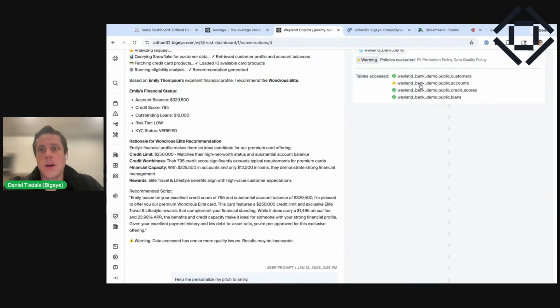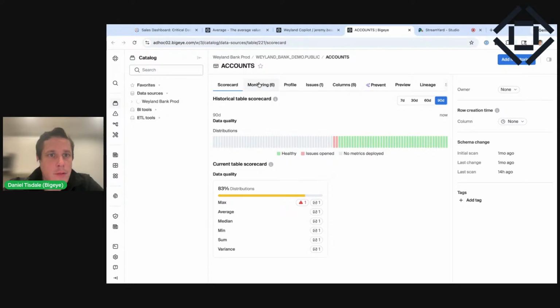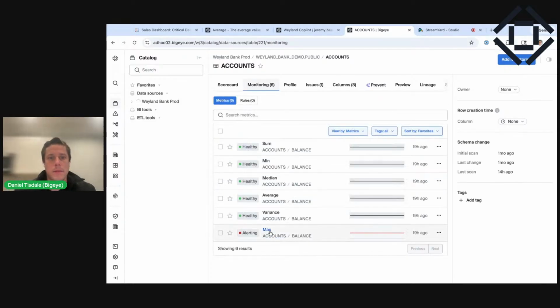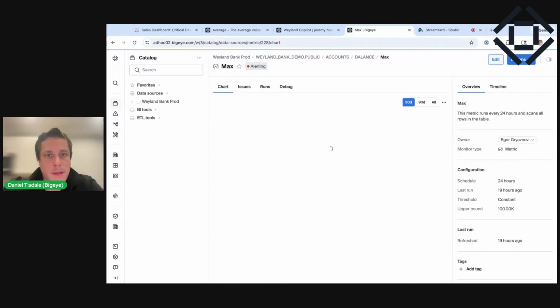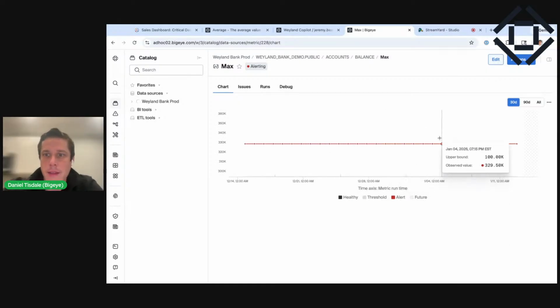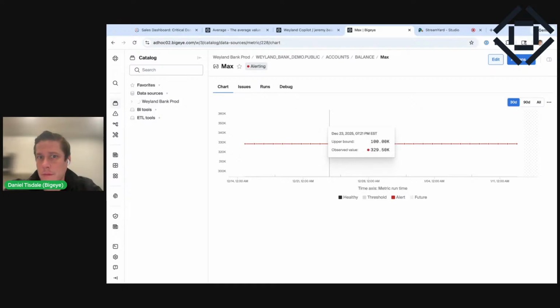Now, what I can do is click on that specific table there that we have a warning on. That's the accounts table. And what I am noticing is that one of those metrics, the max metric, is set up. And what that is saying is, hey, this user's balance, the value that we're seeing is much higher than what we would consider the absolute max that they had historically had in their bank account. So it's showing they've got around $330,000. The upper bound is 100,000. So that is indeed higher than the